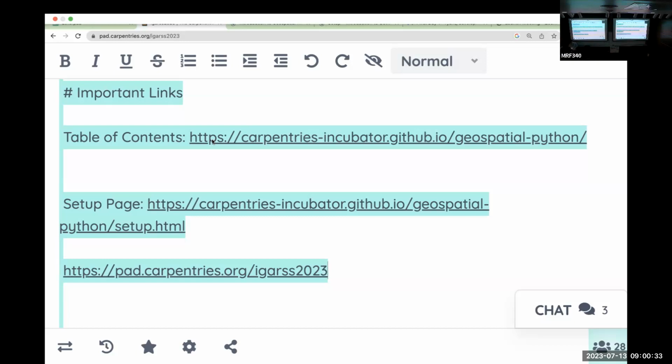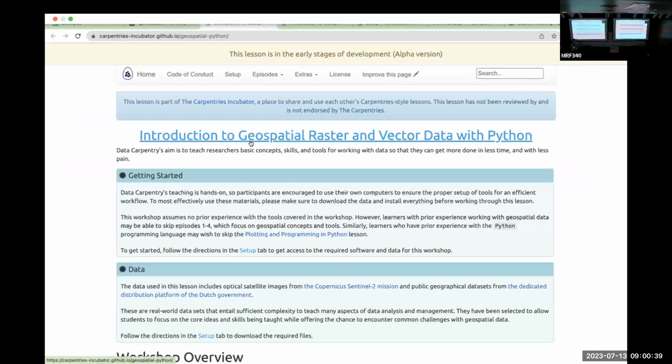As I was walking around, I got some questions from folks. Like, what is this workshop all about? How did this get made? Who made it? What's going on here? So I'll start off by saying that, besides working at Development Seed as an ML engineer, one of the other hats I wear is as a Carpentries instructor. So what is the Carpentries? The Carpentries is a nonprofit organization whose mission is to teach researchers fundamental programming skills so that they can do their research more efficiently, reproducibly,